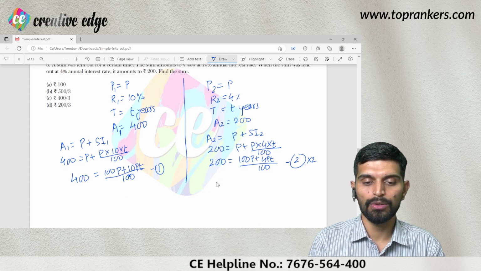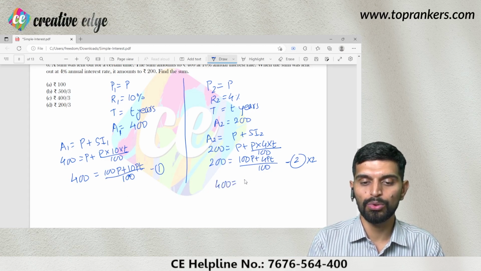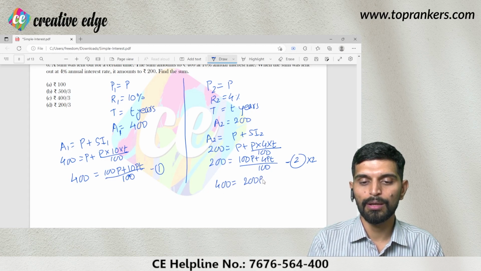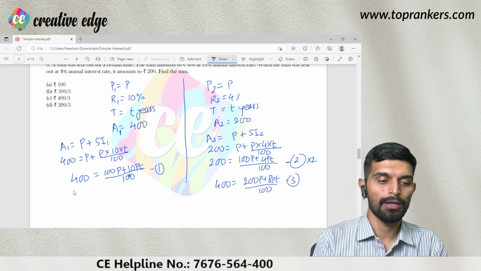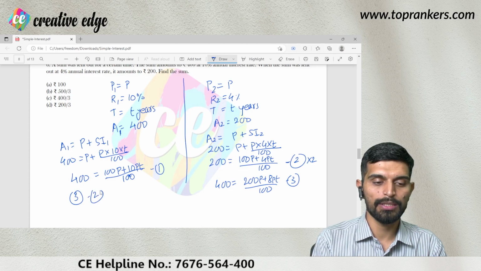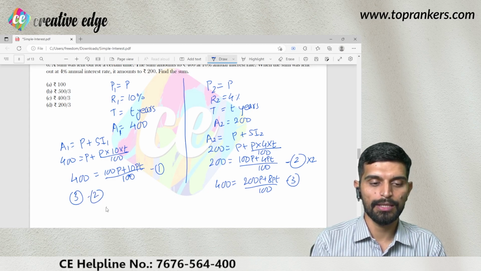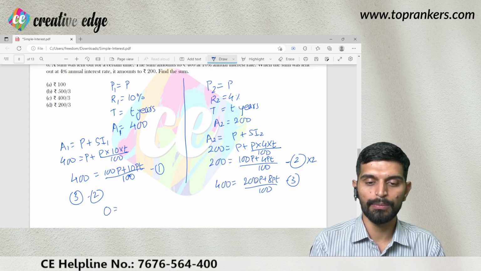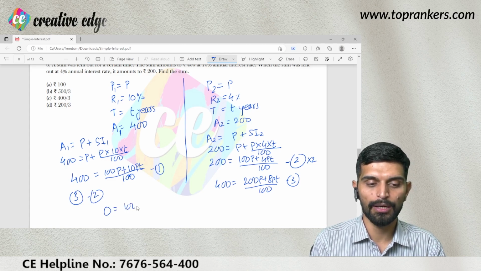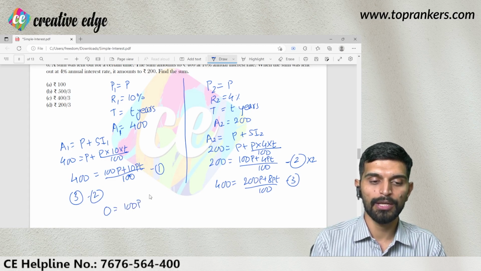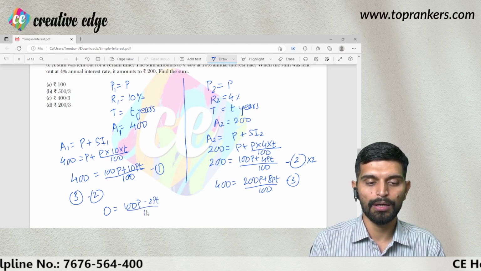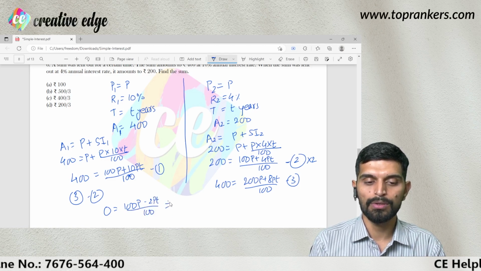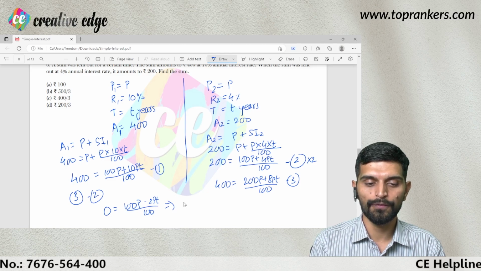So this will be 400 is equal to 200P plus 8PT upon 100. This is equation 3. Now what I want is 3 minus 2. So this LHS part will be equal to 0, 200P minus 100P is 100P, 8PT minus 10PT is minus 2PT upon 100, right? So on solving for the value of T, we'll have